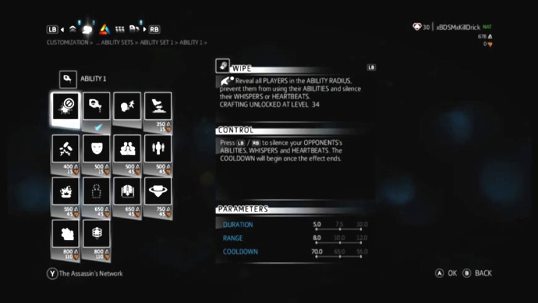Alright, so first off, we're going to start talking about abilities and things that you would want to have, but we are going to break down whether you want them in team or if you're going to try and solo. What you really want to make sure is your class has a reveal ability, or say wipe,